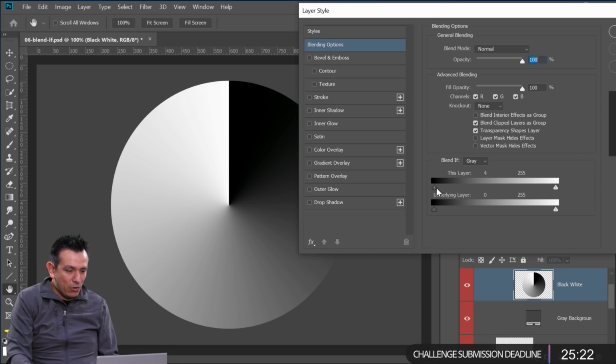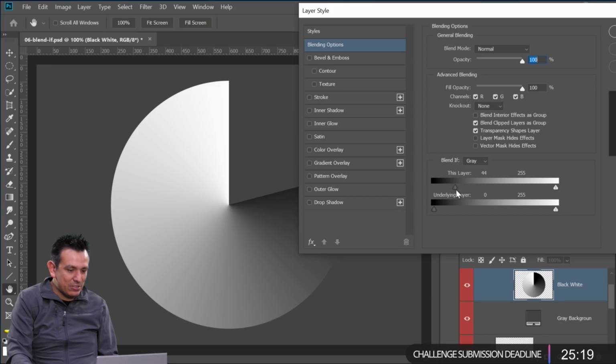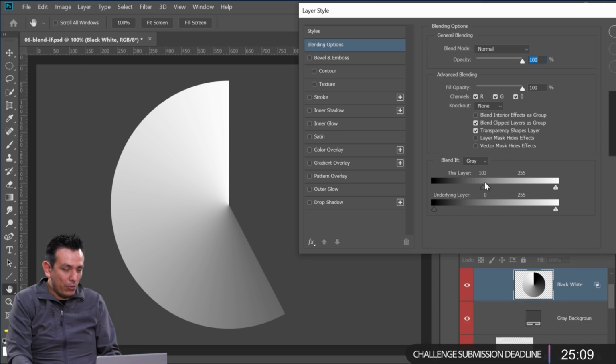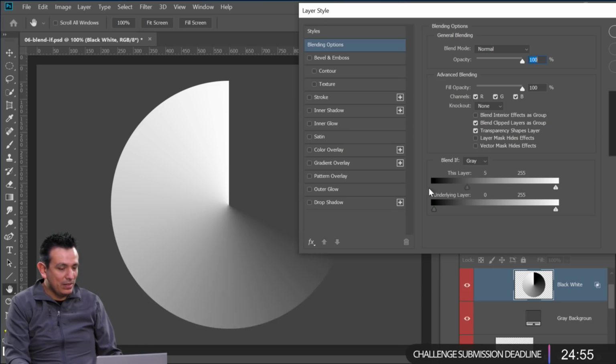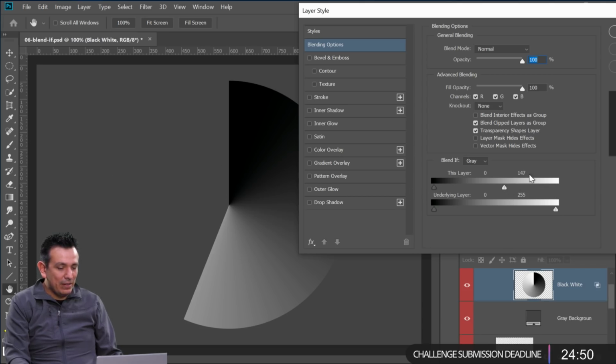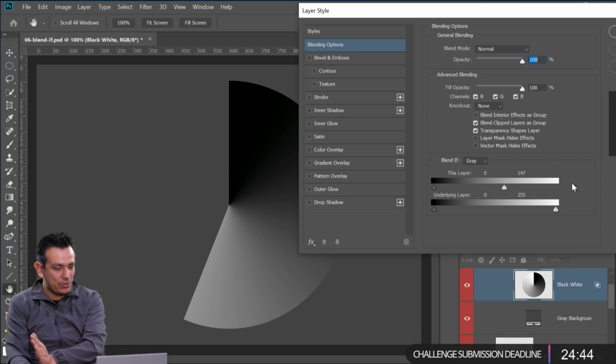But if we click and drag this point, notice how that circle starts disappearing. Now Photoshop is saying between 103 and 255, those are the visible areas. Anything under 103 will be invisible. If you remember from earlier, 0 was black, so 103 is a darker gray. From black to a darker gray, we're going to have that invisible. We can do the opposite. Now we have white, so any gray between 147 and white, which is 255, will be